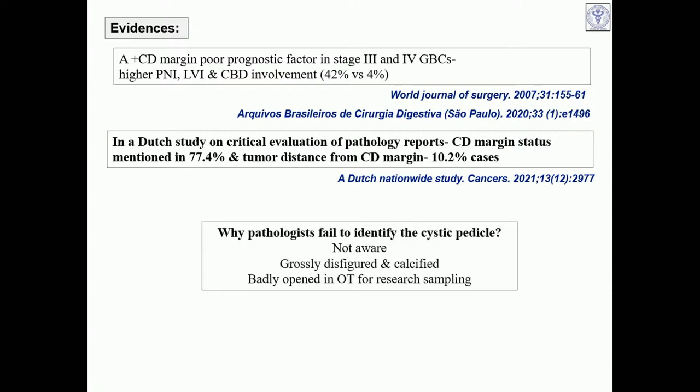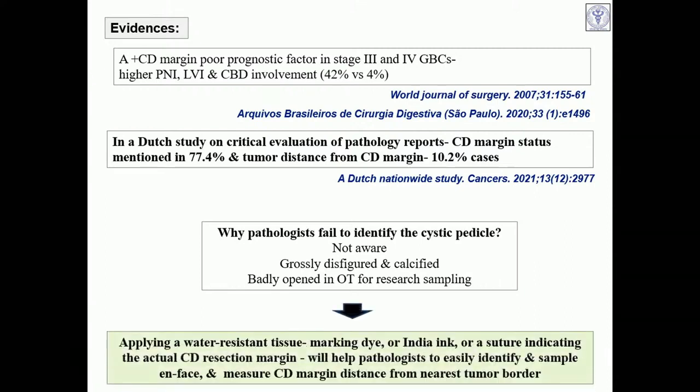Why? Either they are not aware, or the specimens are grossly disfigured and calcified. As someone mentioned, all gallbladders must be opened in the OT, and that should be a protocol. That also makes our job difficult, to know which one is actually the cystic duct margin. Hence, when you are opening a gallbladder in the operation theatre, you should mark it with a water resistant dye or put a suture mark so that the pathologists know this is the margin I have to sample